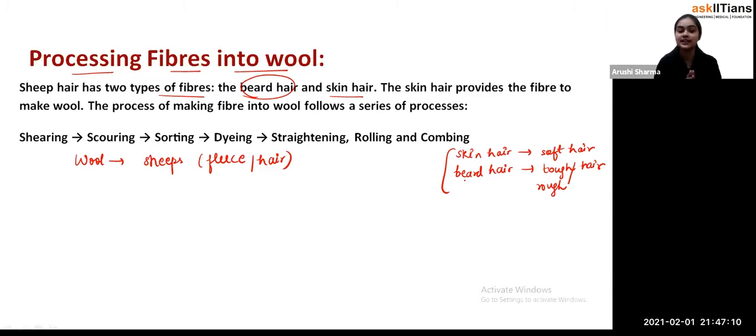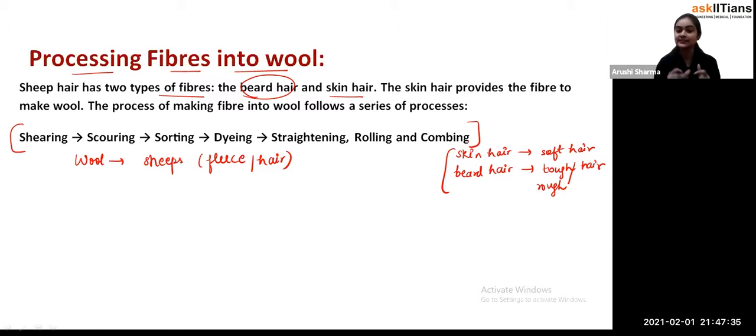The hair provided for us is what we use to make the wool from the fibers. This is the process we use to turn the fibers into wool. First of all, we have seen that sheep are where we get the wool from, from the hair and the fleece. But that hair is also of two types.